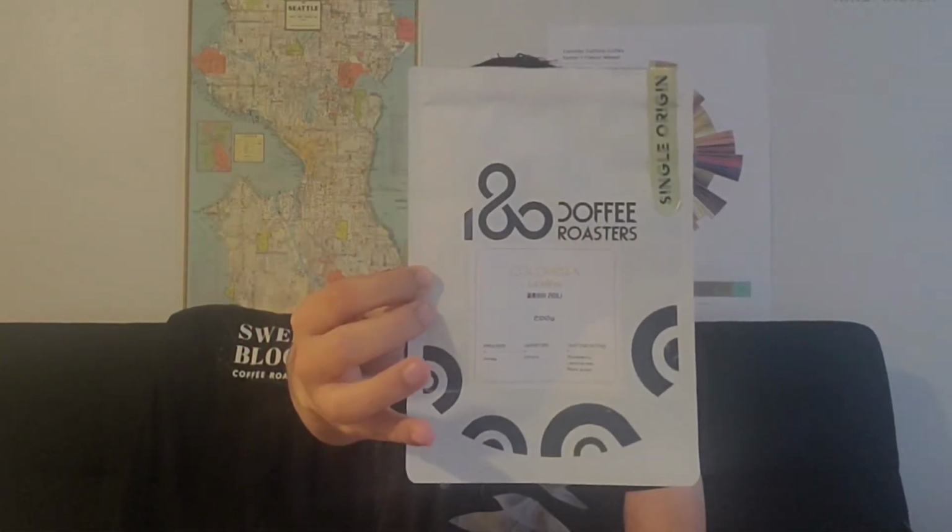And in this case, we have the La Mina Honey Processed Colombia from 180 Coffee. And I believe they're out in Sangnam, South Korea. The story behind this coffee specifically was we were staying in Seoul. We had read online that this is supposed to be one of the very best coffee roasters in the entire world. Took an hour-and-a-half bus ride from Seoul south to this very small suburb of Seoul and went to the